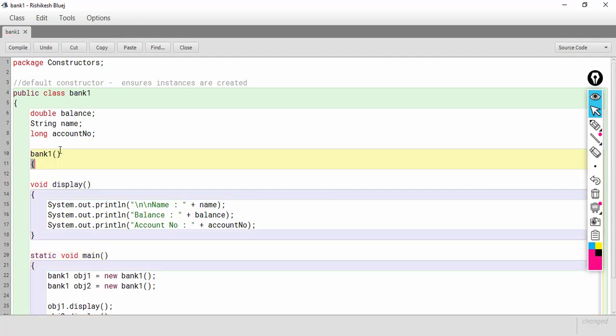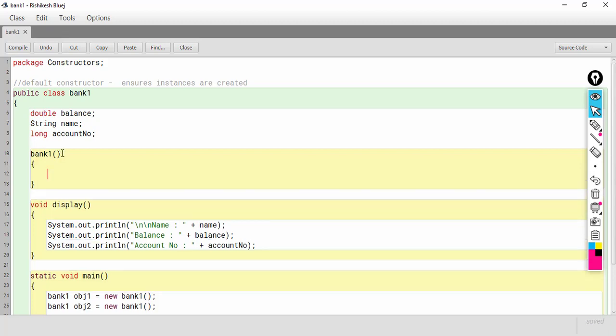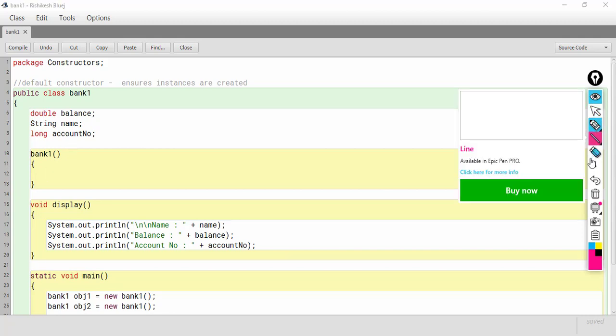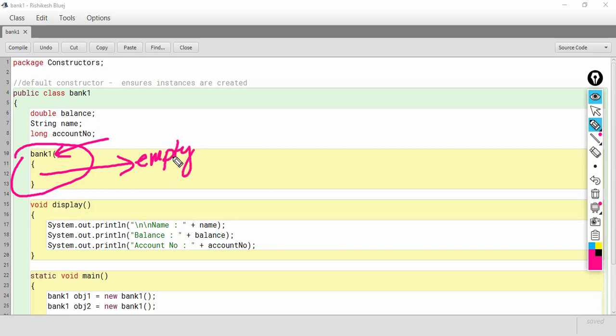Although we cannot see it because it is inserted by the compiler, but the default constructor will look like this. This default constructor has no parameters, and its body is also empty. So no parameters and empty body.